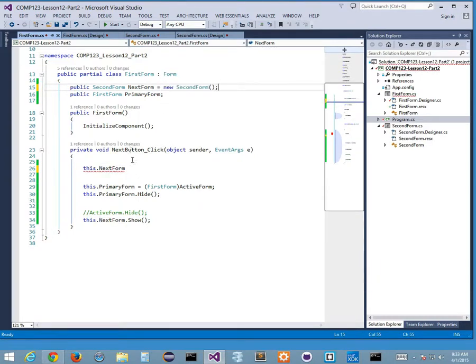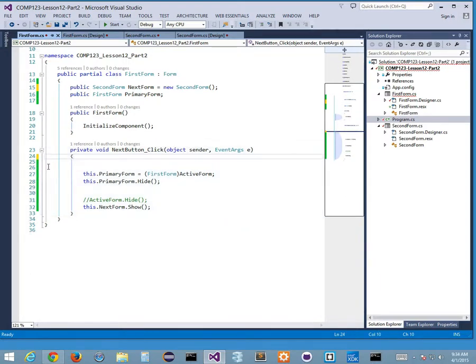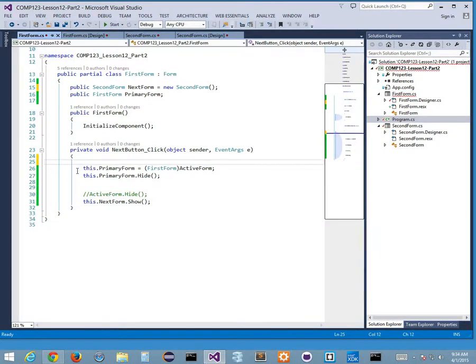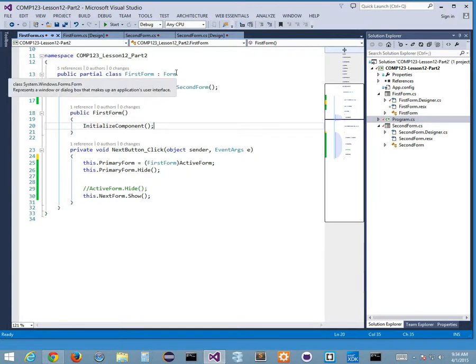Anyone else have a solution? This is a problem when it comes to our classes and thinking how classes and objects work. This goes back to what we were doing before, right? So remember that this is in the same namespace. I'm still in this COMP123 lesson 12 part 2 namespace, right? And inside here I've got these two objects here, right? How about could I create some kind of, because these are objects and I'm creating a new object of first